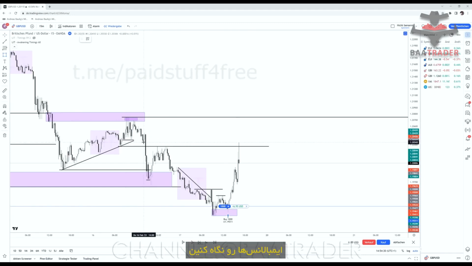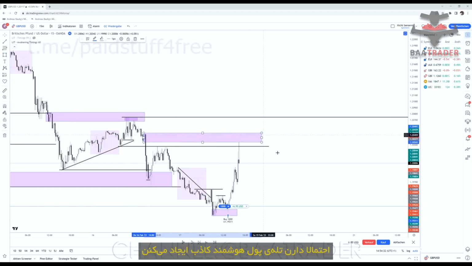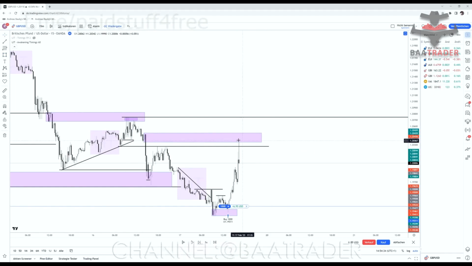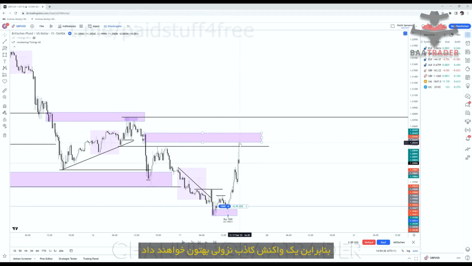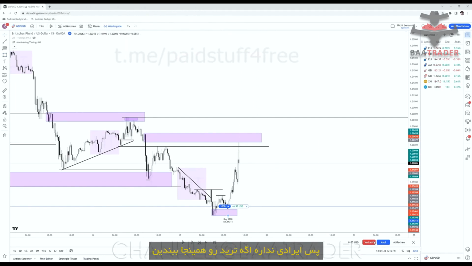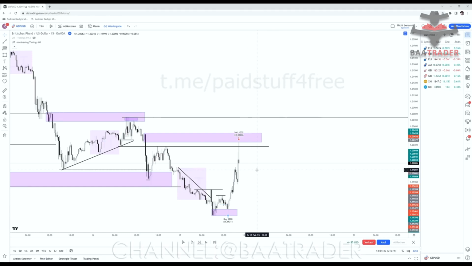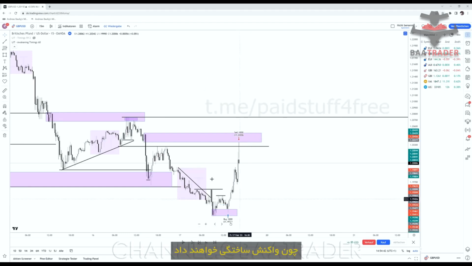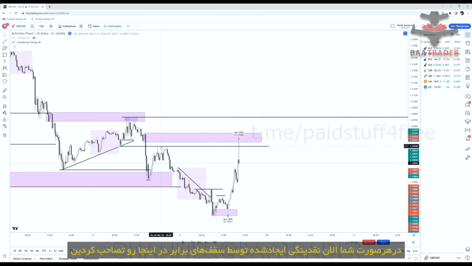Again, look at the imbalances, right? So they're faking probably the smart money trap. So they will give you a fake reaction down. So again, it's not a problem to close that off, right? And again, because they will fake the reaction anyways, you just grabbed a little liquidity in here with the equal